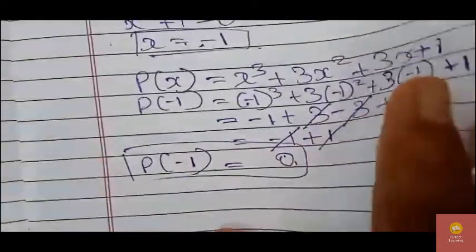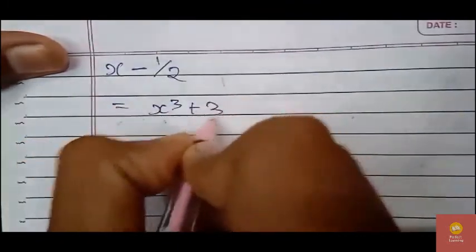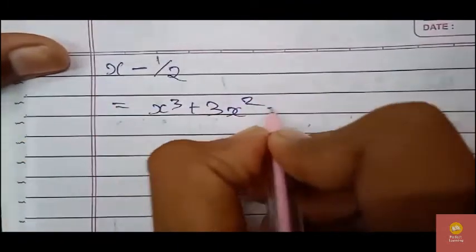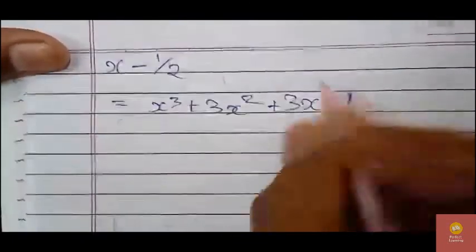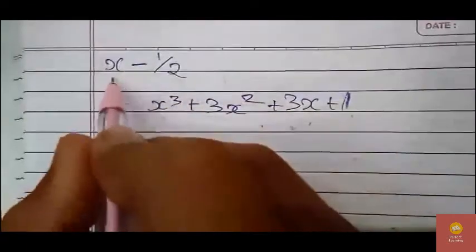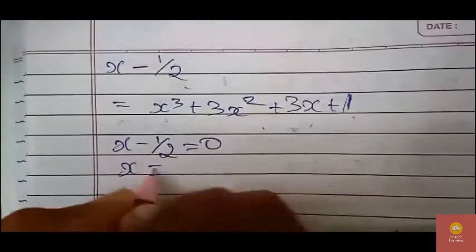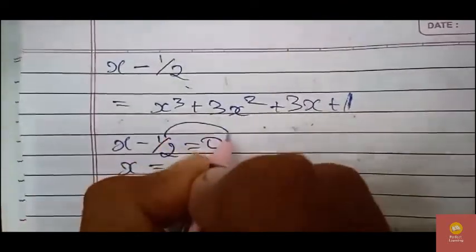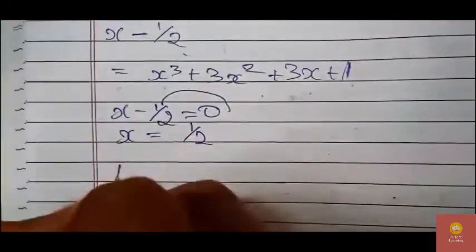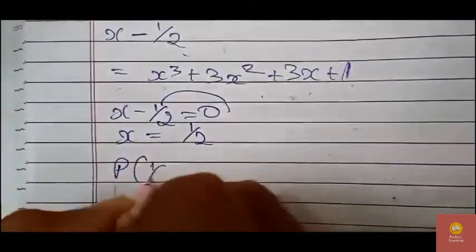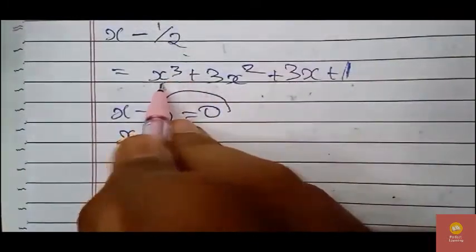The next problem is x minus 1 by 2. The equation is x cube plus 3x square plus 3x plus 1. We should divide this equation by x minus 1 by 2. This x minus 1 by 2 can be written as x is equal to plus 1 by 2. This minus 1 by 2 will become plus 1 by 2, and further solve it. P of 1 by 2, putting the value 1 by 2 wherever x is present,